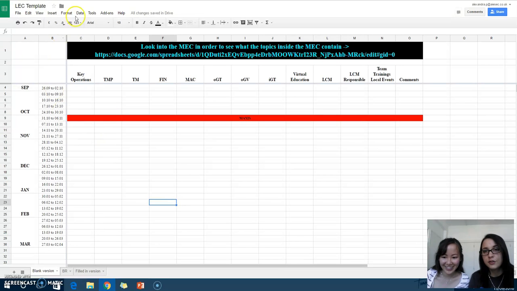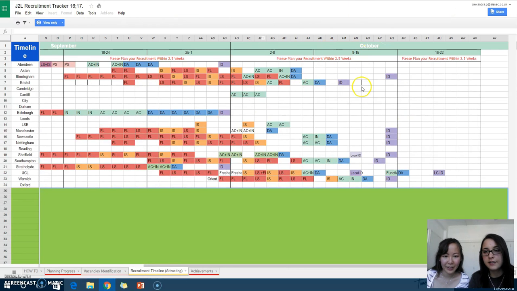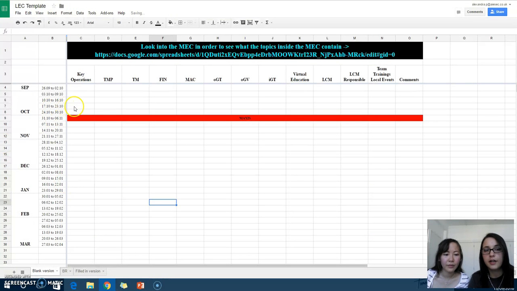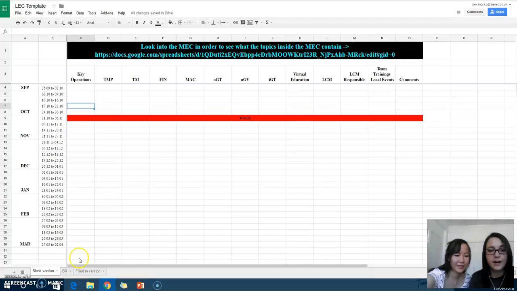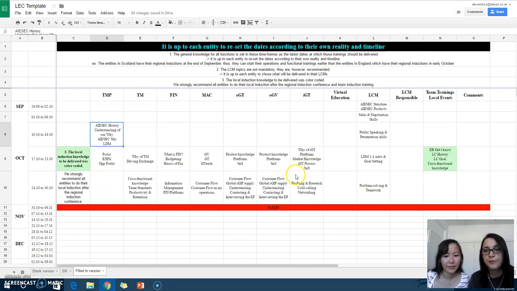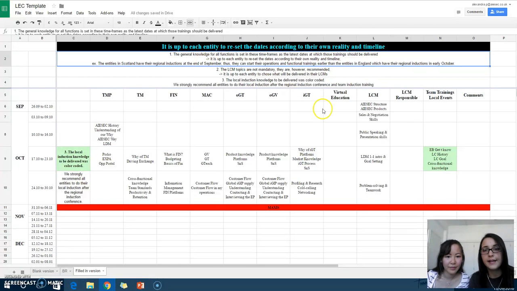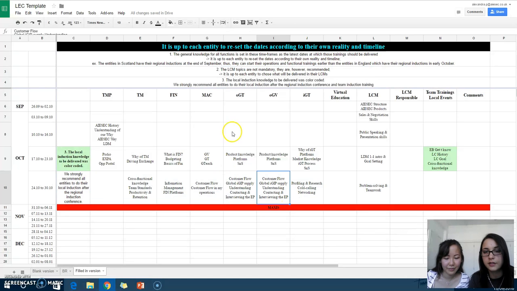Okay. And don't forget to check your timeline and see when your operation is starting. So make sure you take that into account when putting in the dates here, like what is the knowledge that is going to be covered up until Maxis. All right. We actually have a recommendation for you, and these have the final deadlines: by these dates, these trainings should be delivered in your entity up until Maxis in order for your members to actually start operations.